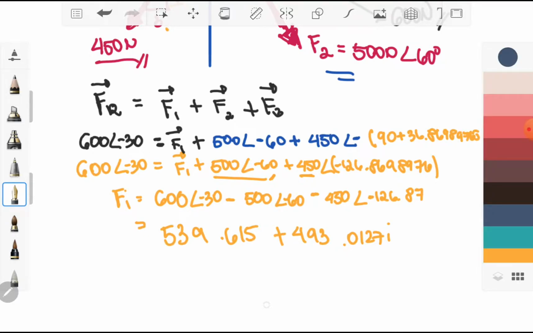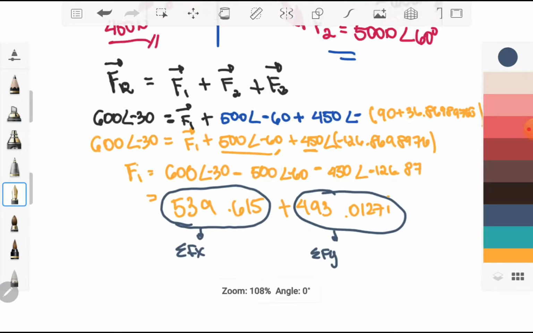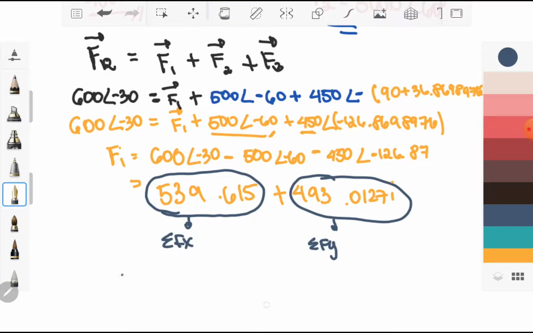So there are two values that you can find in this rectangular form of a complex number. This 539.615 is your summation of F of x component, and this represents the summation of your F of y component. Okay, so therefore our F1 in polar form is equal to,